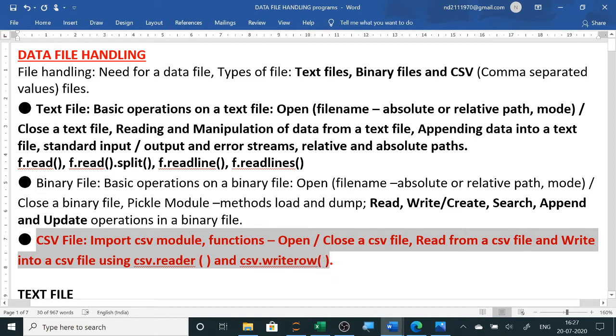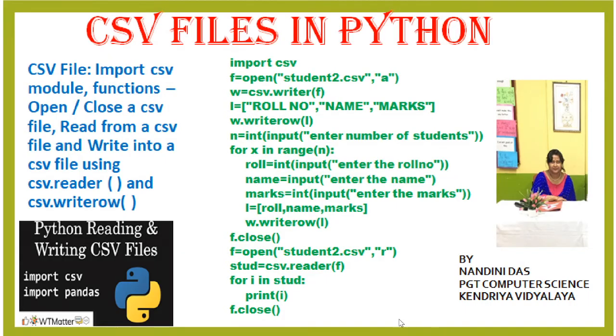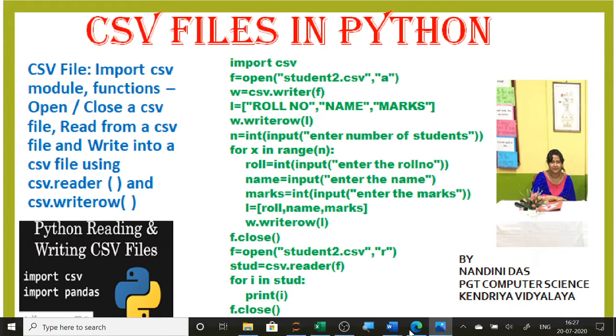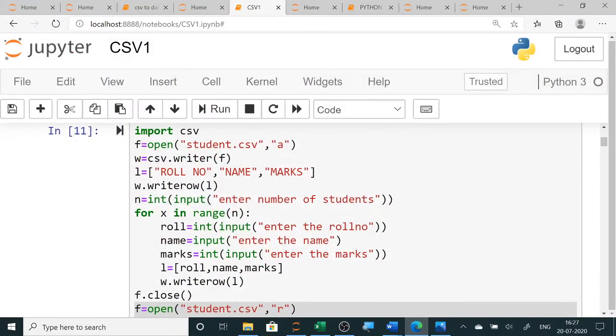If you want to write all the rows together, we will use writerows. So we will see all the programs, and you can use this CSV file in your project also.